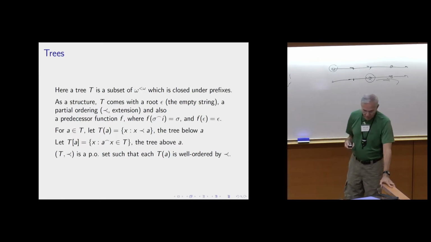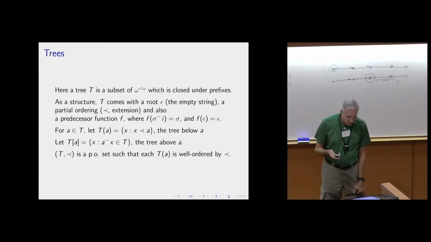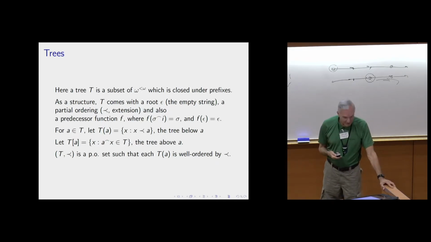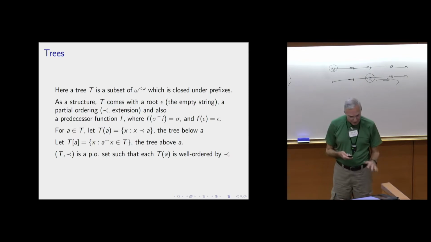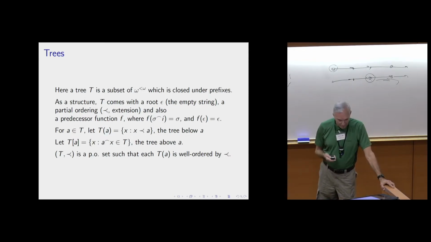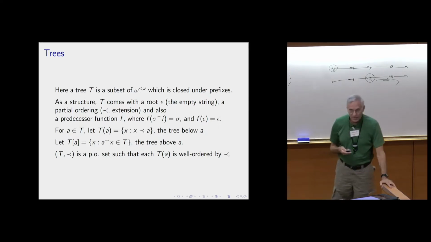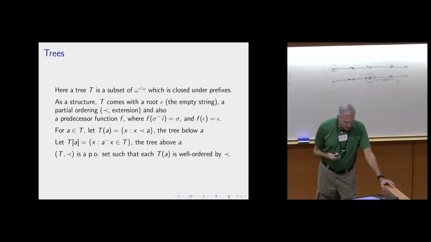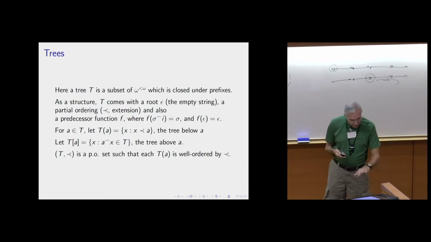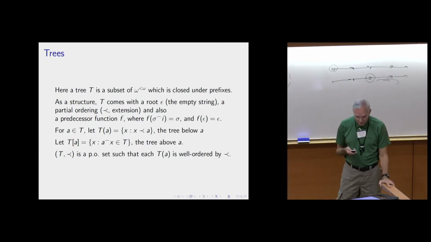All right, so for more recent work, we worked on trees. Of course, trees have many different ways of being interpreted, right? We're thinking of a tree with a root, trees that could be viewed as a subset of omega less than omega. So you could have countable branching or finite branching. One way to look at it is simply a tree as a partial order of extension. Another interesting way turns out to be looking at the tree with the predecessor function.